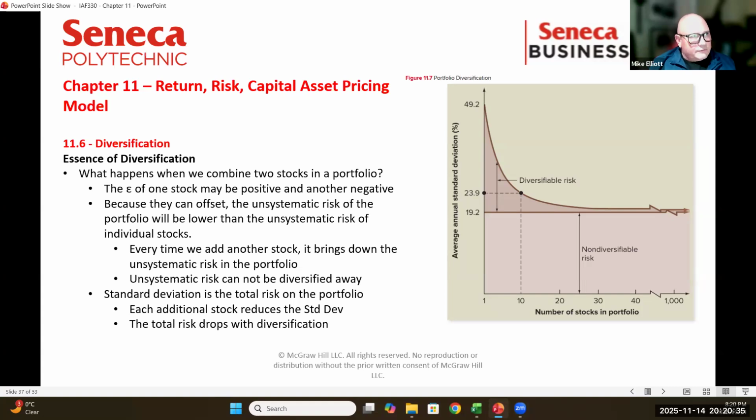Unsystematic risk we can't get rid of. The risk that's specific to your stock that we don't know about, you can't hedge because you don't know about it. It's a logic loop, but there we are. That's the undiversifiable risk. There's nothing you can do. There's no combination of elements that I can put together that is going to get rid of the idiosyncratic risk in a stock. So we have to accept that. And then we have to figure something out about that.